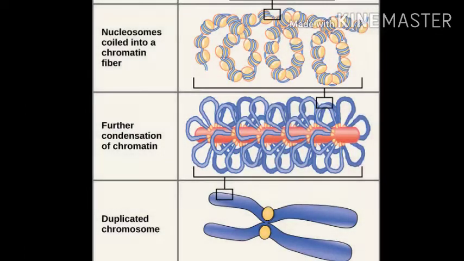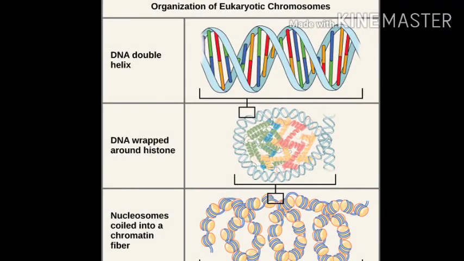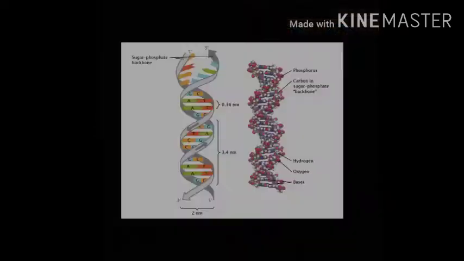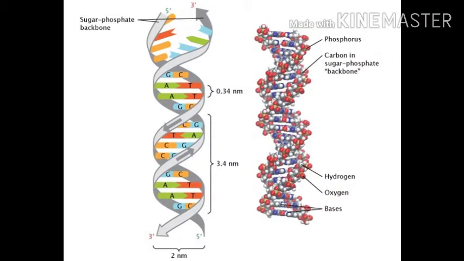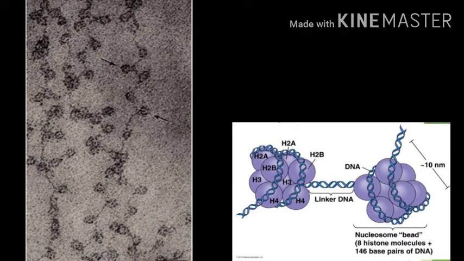Now, it has already been said that the chromosome is the condensed form of chromatin, or we can say the condensed form of DNA. DNA, the macromolecule responsible for maintaining the characters or features of all living organisms. So how does it transform into chromosomes? The answer is packaging. There are positively charged proteins called histones around which the negatively charged DNA wraps itself.